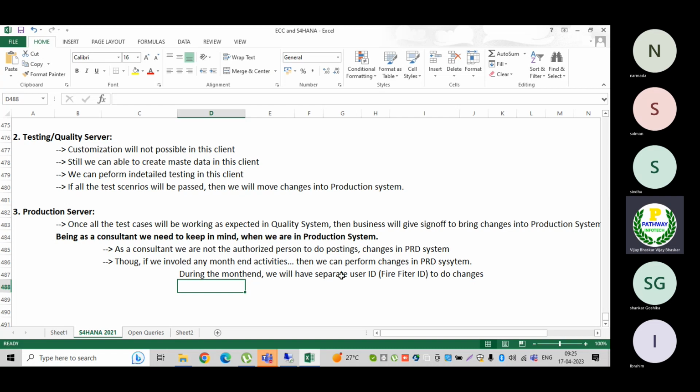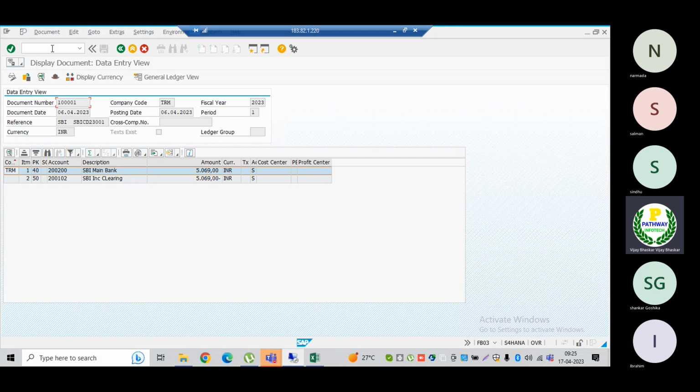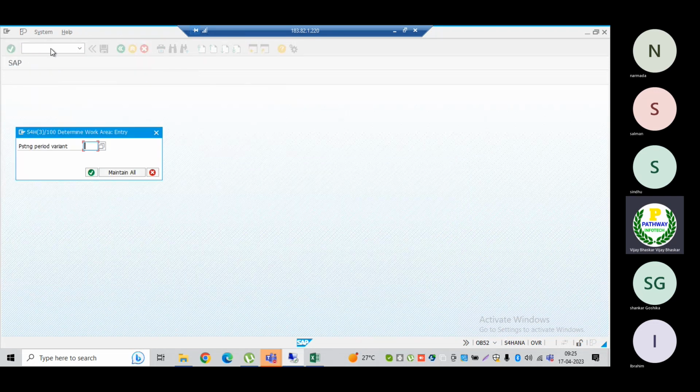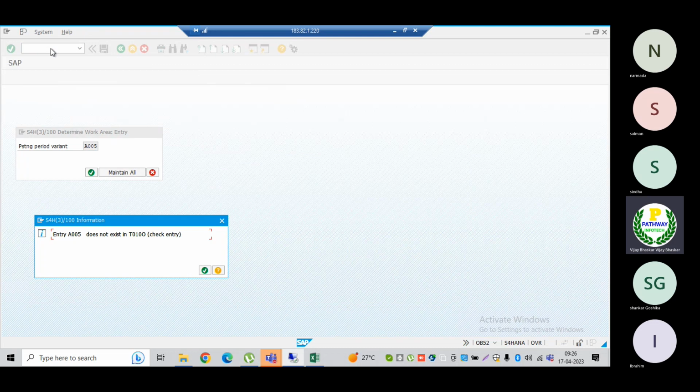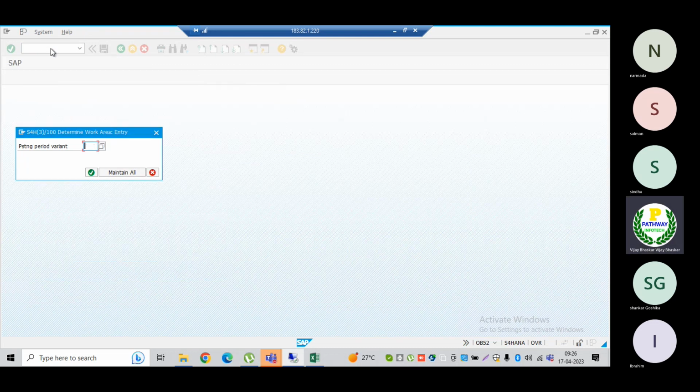Now this FFID will also have access for special things. In OB52, what can we do during month end, what expected changes do we need to perform? What is OB52? In OB52, I can change my posting periods.